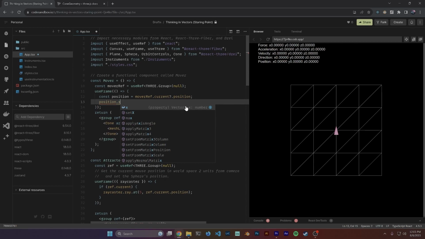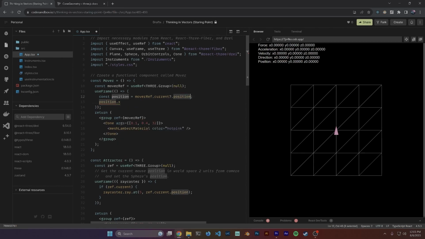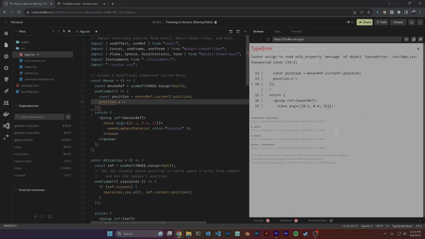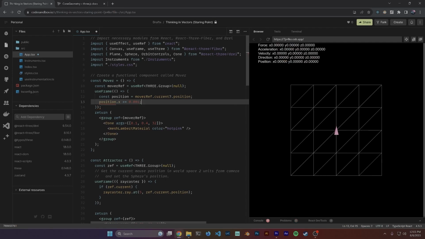That is a hint that we're working with a Vector3 class object right now, and that is the position. If you hover over that, you'll actually see that with the TypeScript hints. So we're just starting to get into Vector3s. So if we assign this plus equals 0.001,